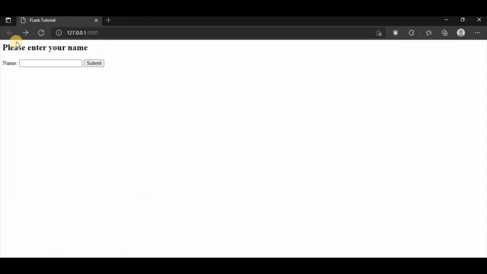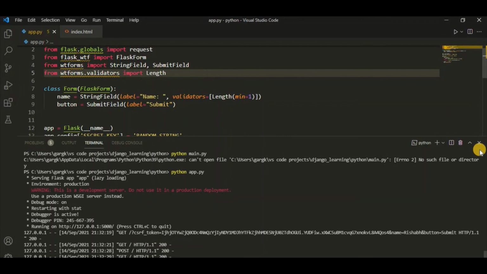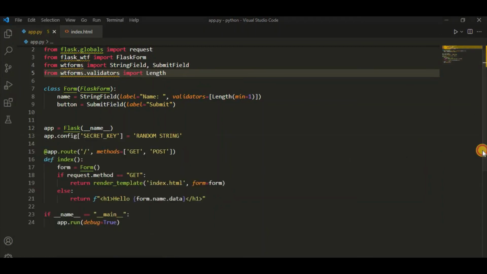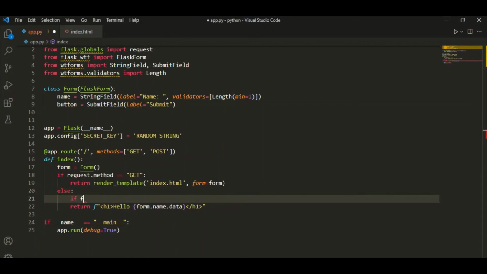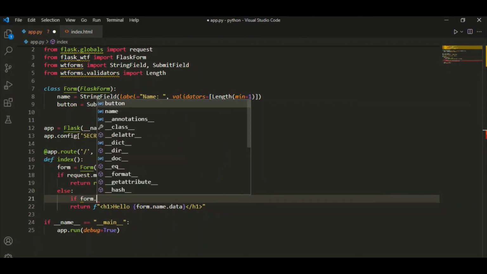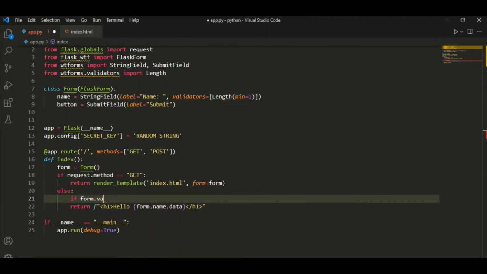It's still working. And if you ask me why, that's because we need to do one more thing. Here we need to check if the form is valid or not. If form.valid_on_submit,